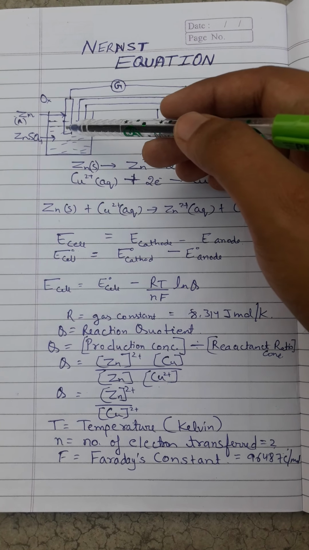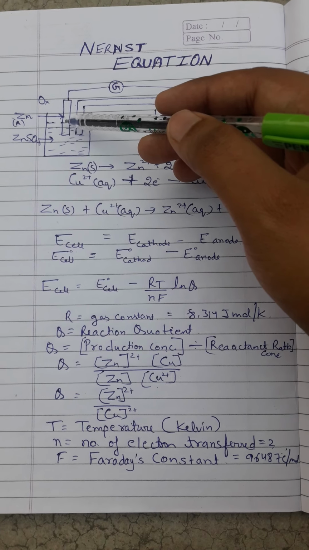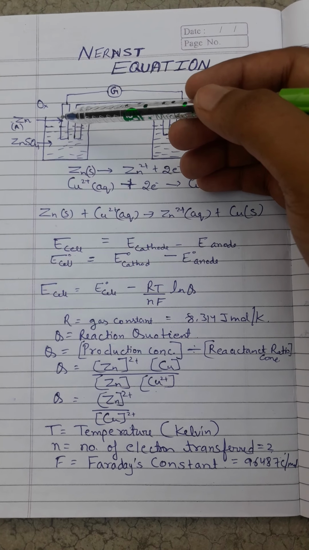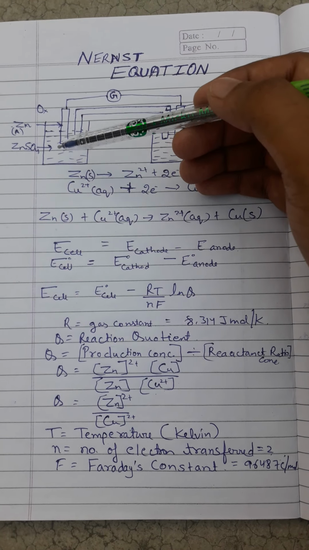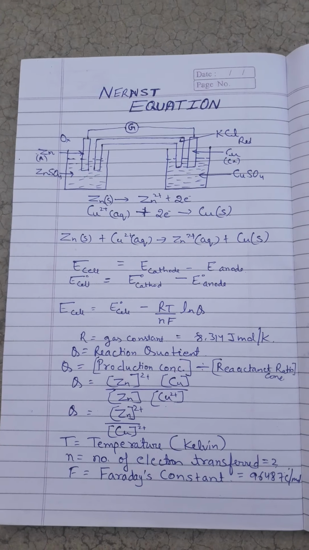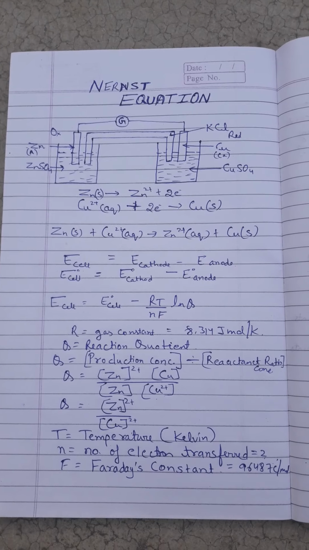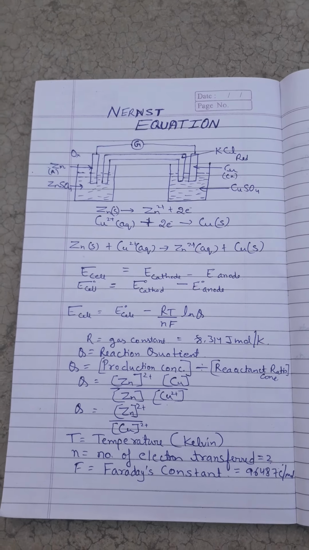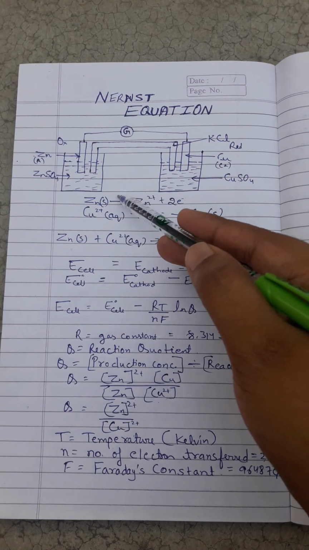Here the zinc will release electrons. It means solid Zn will convert into Zn2+ plus 2 electrons,